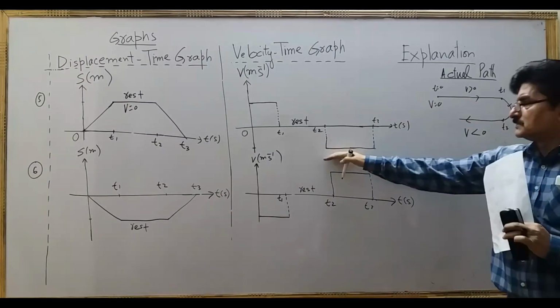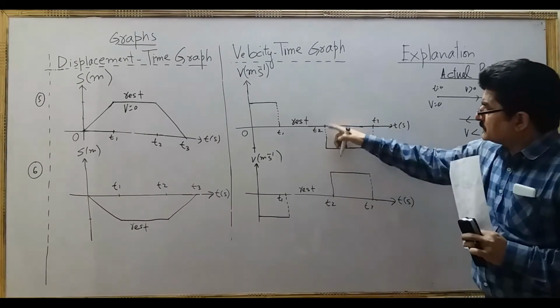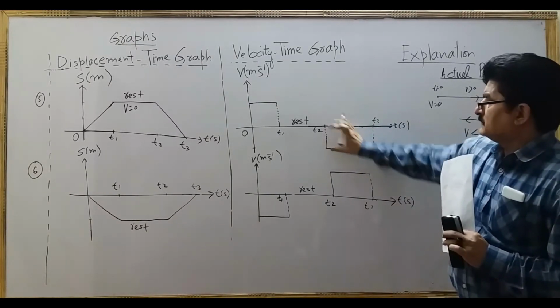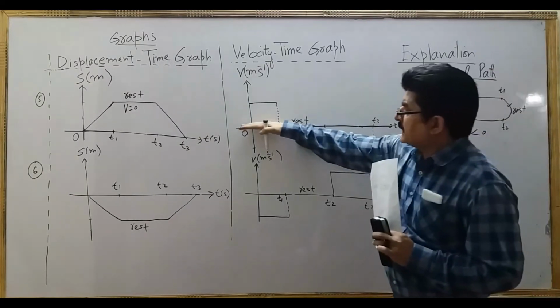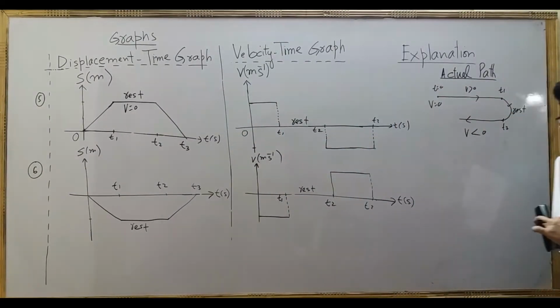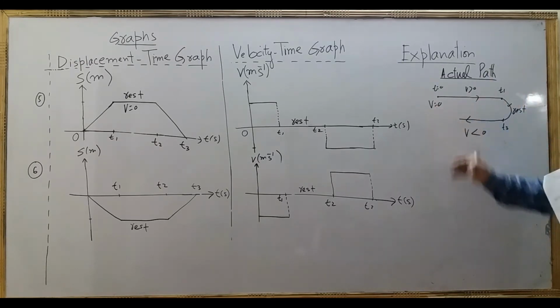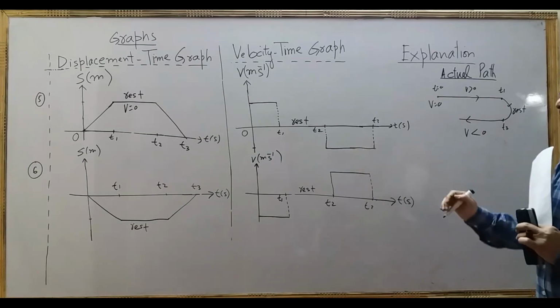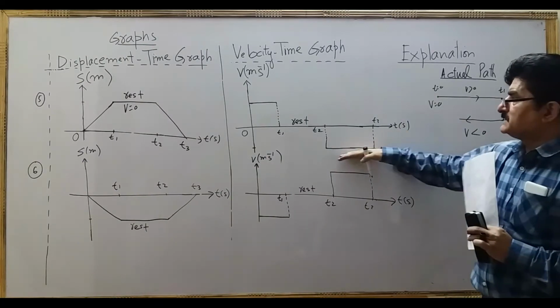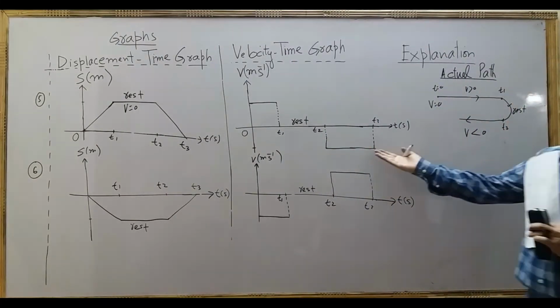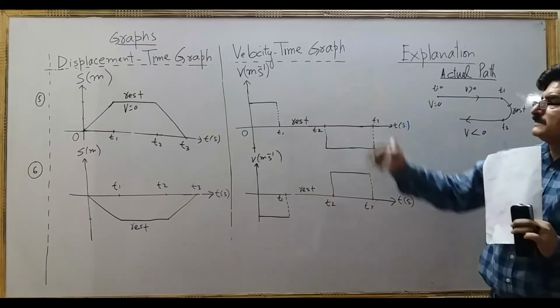So here v is positive, the gradient is positive, and here v is negative. So the graph comes down. The height of this graph is the velocity, which is now negative. Velocity is negative below the time axis. So it is moving backward. It is coming again towards the fixed point from where it started. So the graph is like this. Gradient is negative, velocity is negative. Acceleration is 0 because the body is moving with constant velocity.